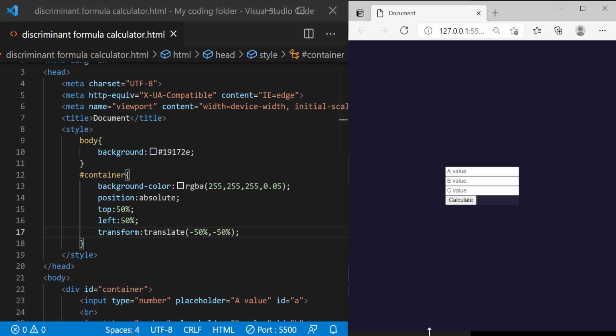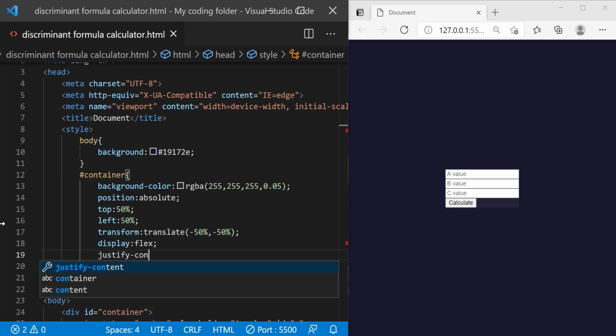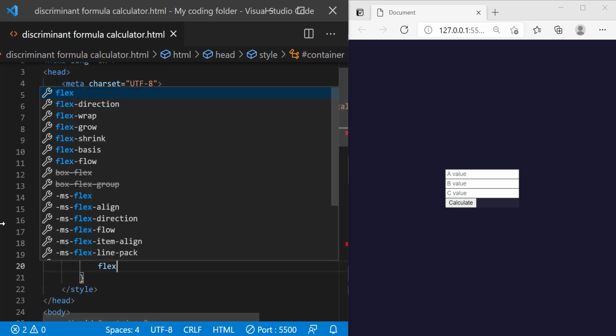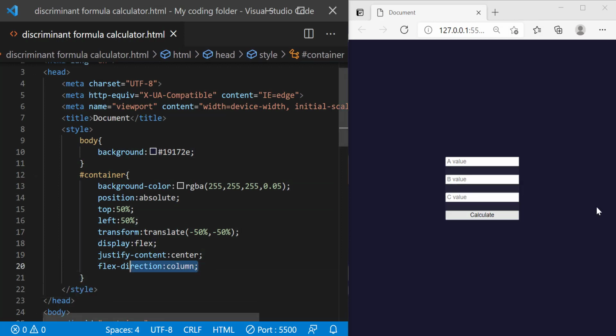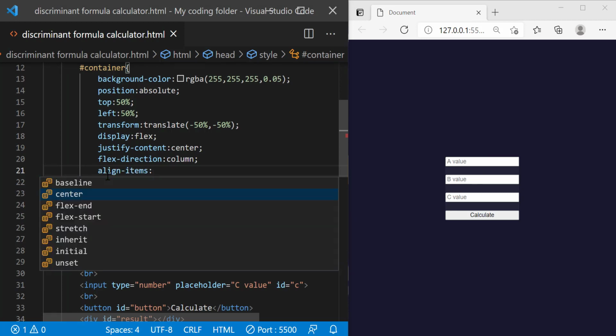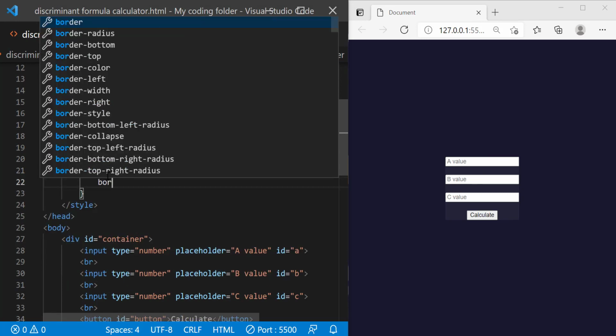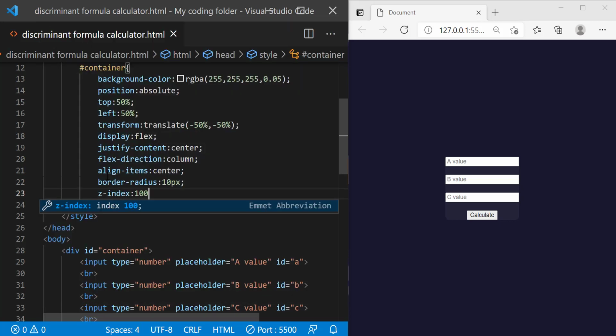And then after that we can give it a display flex, justify content center, flex direction column. So what flex direction column is doing is going to stack everything on top of each other like this in a column. So I just need to give it an align items of center, and then border radius 10 pixels, z index 1000,